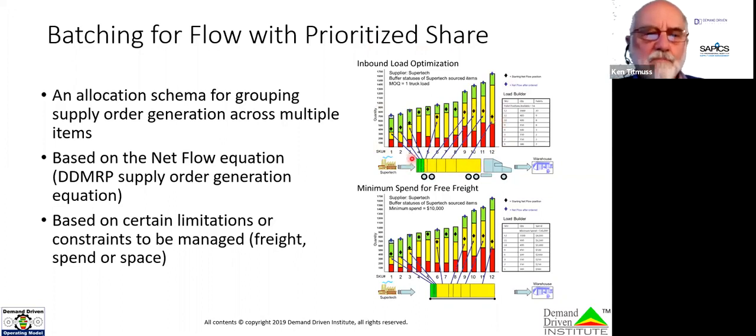But then I've still got some space at the end here. So I'm going to look for those items where the net flow is at the bottom or close to the bottom of the green zone, and I'll put those on the truck as well so that I've got a full truckload. And we can do the same based on a spend value if we're looking for free freight, for example. Might be something that we're looking at. So we have this prioritized share,